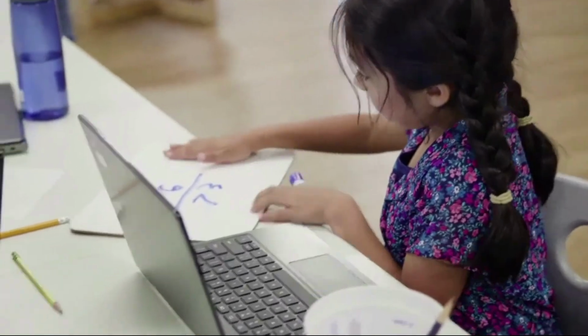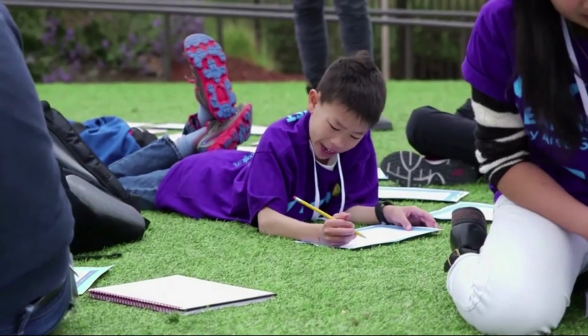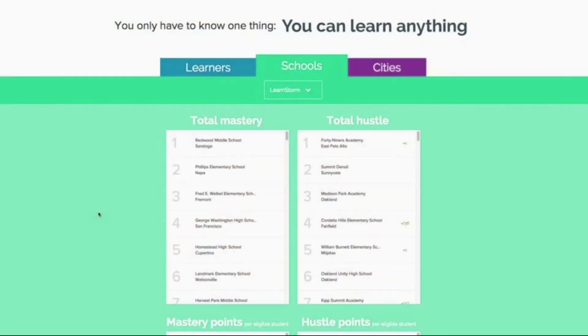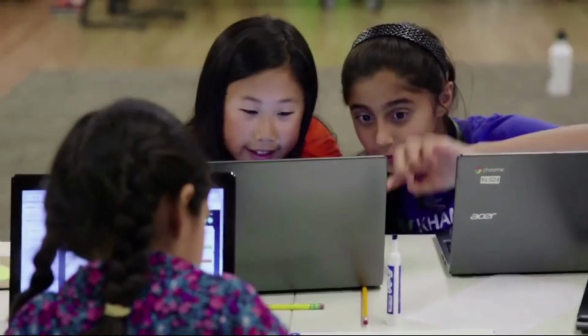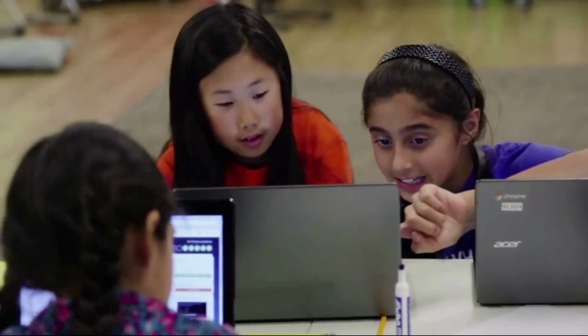LearnStorm is for every student. We want to celebrate and reward grit and perseverance. You get the question wrong, but you keep going. Those are the students who win LearnStorm. Students don't have to be the best, but they can work on being their best. Can they persevere? Can they stick with it? Can they struggle with it and then break through? And it isn't just in isolation. They're part of their school team and their city team. And we've seen whole communities really rally around these students and around these schools and these teachers to promote this love, this actual love of learning.